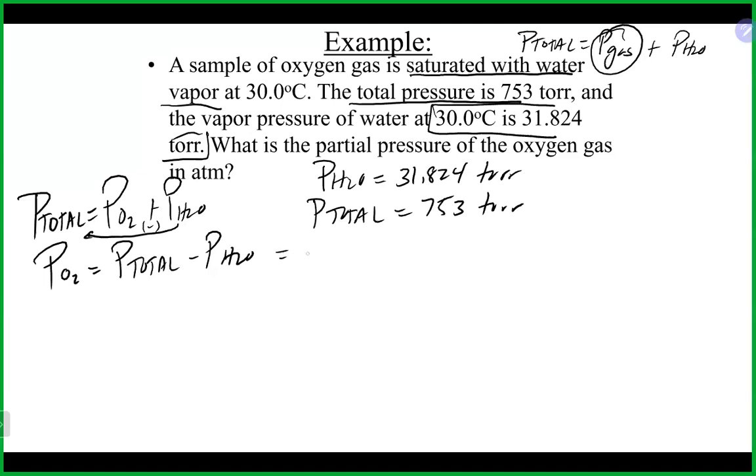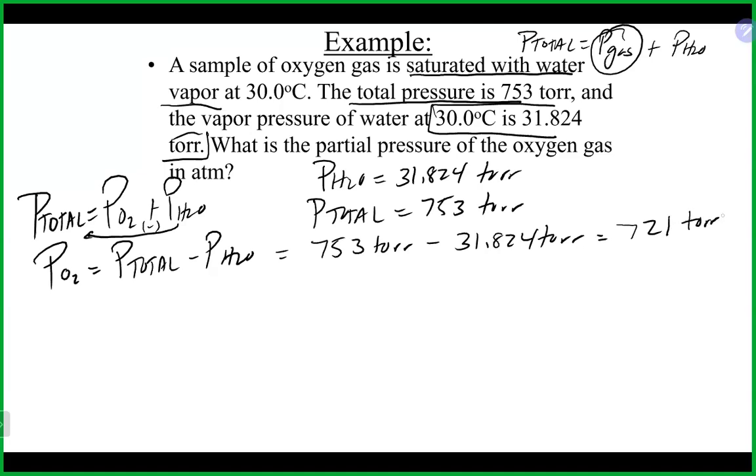So putting in our numbers, we'll take 753 torr, which is our total pressure, minus 31.824 torr. And we will end up with 721